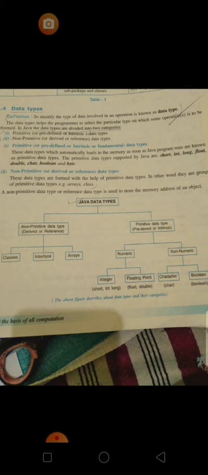Variables are named memory locations where we can hold data. So whatever type of data you are going to store in a variable, the type should be the same. If we want to store an integer constant, then the data type must be of integer type. And if you want to store a floating point number, a fractional number, then the type must be a fractional type, the real type. So here we will discuss the data types.